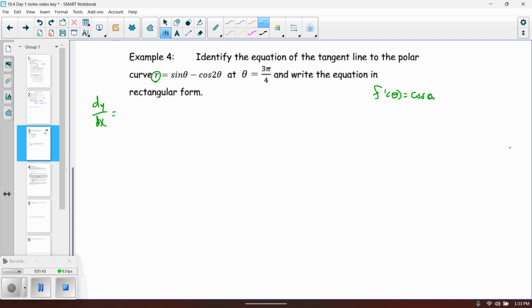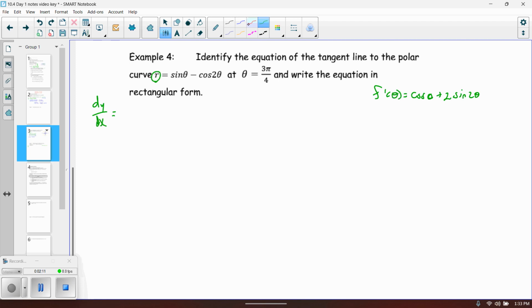Cosine theta. The derivative of negative cosine 2 theta is positive sine of 2 theta, times the 2 from the chain rule. So there's f prime of theta. And then, of course, we're going to need the slope. But we're going to need f of theta and f prime of theta at 3 pi over 4. You can find it algebraically first if you want to, or we can plug in the values